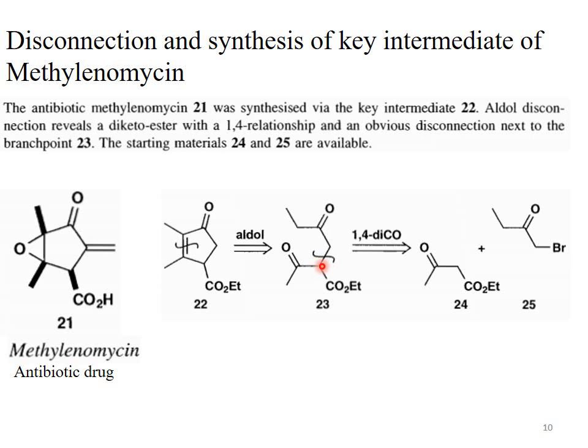See this one, this compound 23. This is a 1,4 diketone. 1, 2, 3 and 4, 1,4 diketone. When the molecule is disconnected from the middle, it is cleaved near the branch point. It means it is easy to disconnect the molecule from the branch point. So it is disconnected over here. It's a 1,4 disconnection. Then it affords two fragments. One carries a positive charge and the other carries a negative charge.